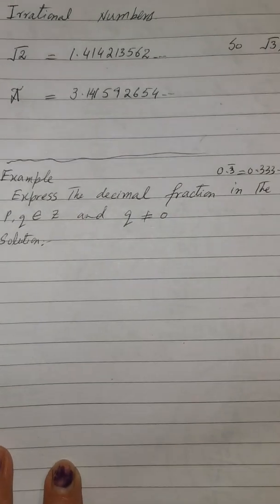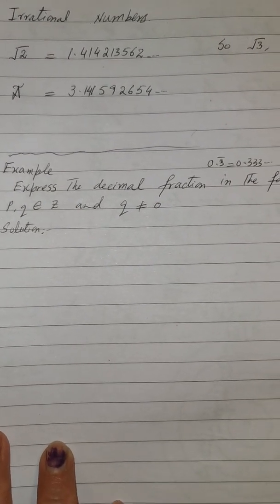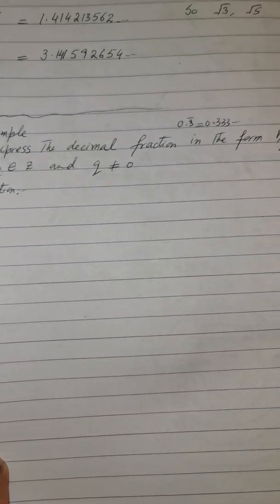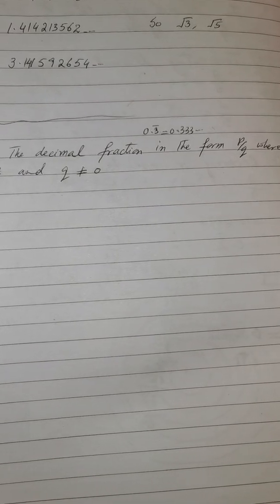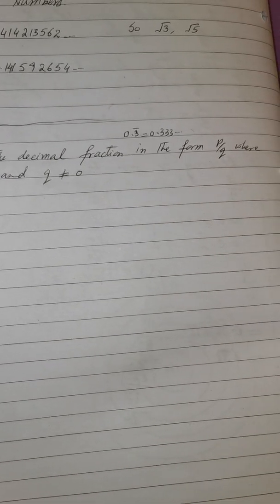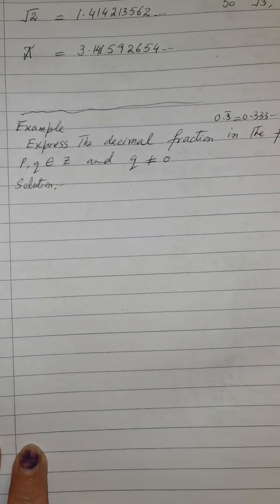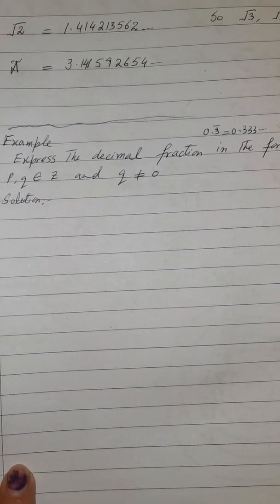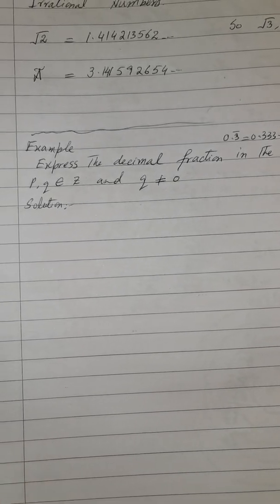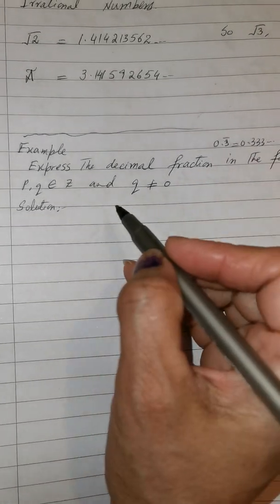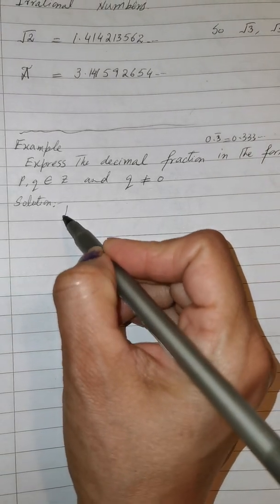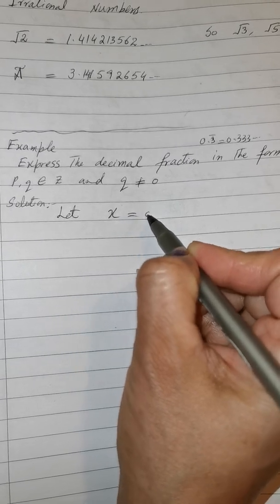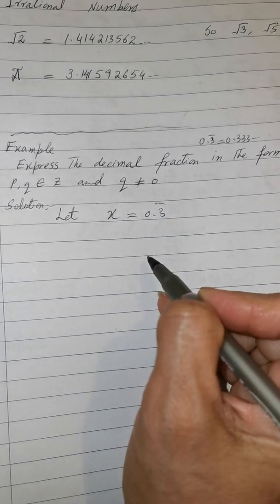Now, one question they will ask you in your exam: express a decimal fraction, for example 0.3 bar, in the form p over q, where p and q belong to the set of integers, and q is not equal to 0. So how can we prove it? First of all, when we do the solution, we will suppose x is equal to 0.3 bar,